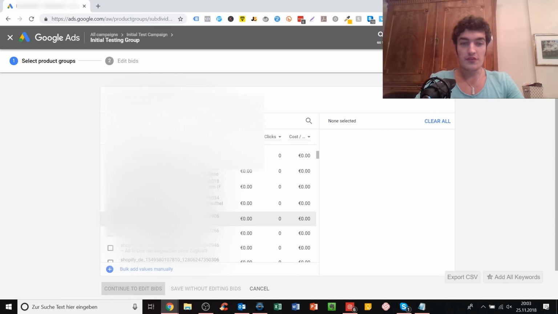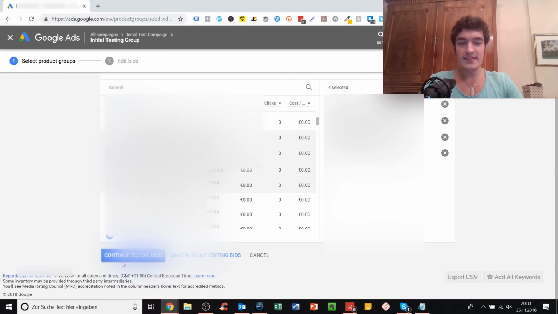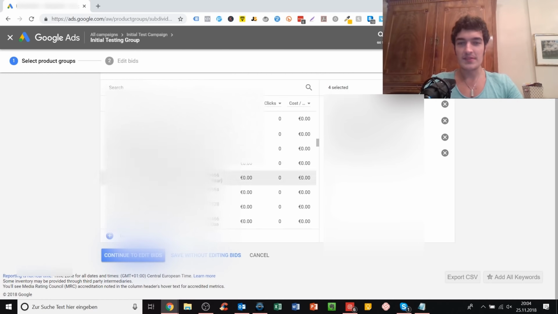Very easy to use. You do something like this here. Okay, I want to advertise these 4 products, and then you can say continue to edit bids or save without editing bids. And what I just said, you want to manually edit the bids for each individual product depending on, for example, the price. So for a $100 product, you want to have a higher bid than for a $20 product. So what you do after you chose the products that you want to advertise in this specific ad group,